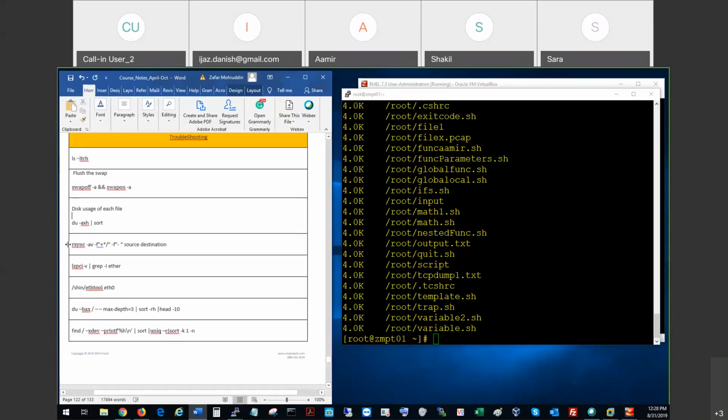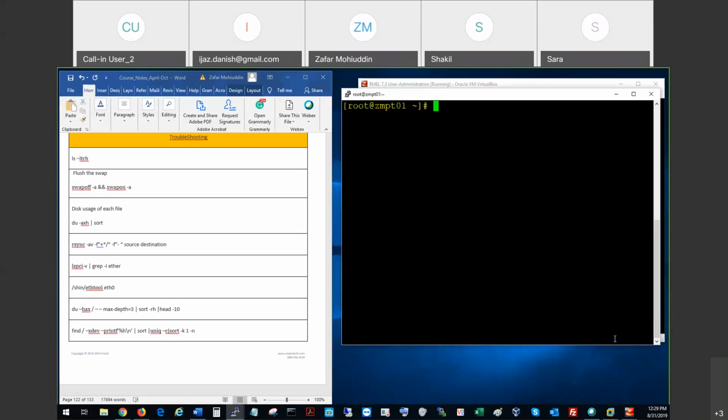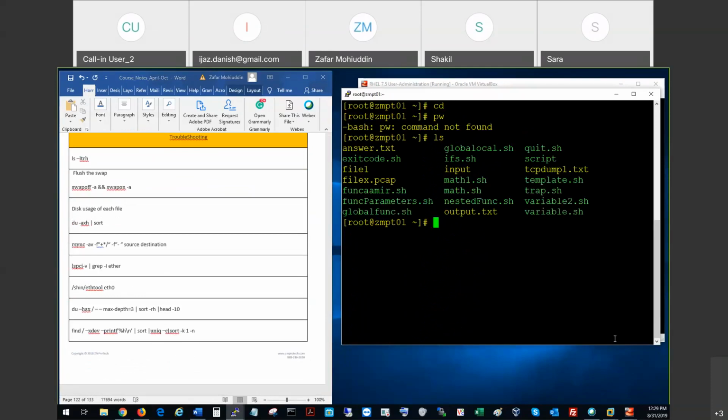And then rsync is... let me go to cd, pwd, let me do ls. So these are some files in this folder here. So what I'm going to do is